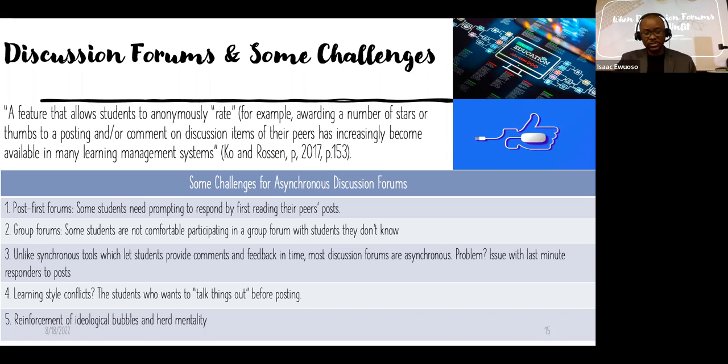But not all students find the idea of a discussion board forum a place where they can freely express themselves. I'm going to hop on a problem that I've seen with discussion board forums: students may want to engage each other, but they're wary of the authority figure who is looking at everything they're saying.